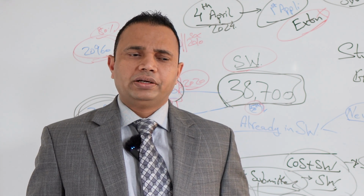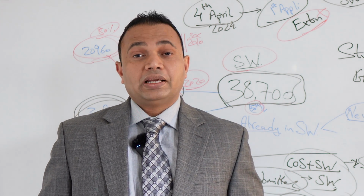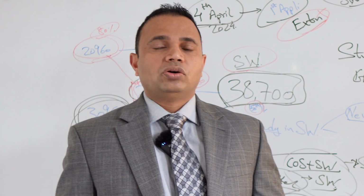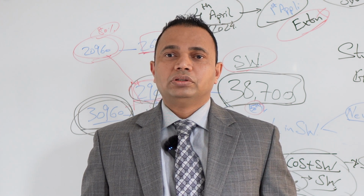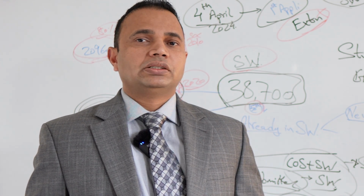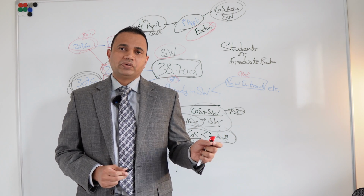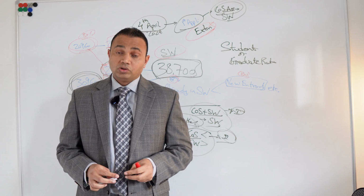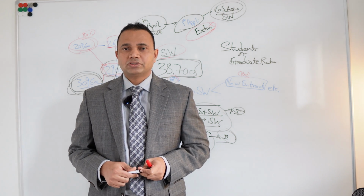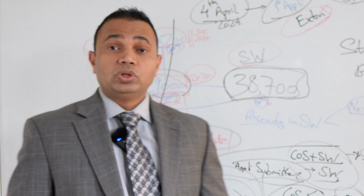With the previous change that happened on 11th of March regarding the dependents of care workers, the date of the skilled worker application was relevant. If the skilled worker application was filed on 10th of March or earlier, then the dependents were allowed. And if it was filed on or after 11th of March, then the dependents were not allowed. Very simple. That was the rule. At that time, we were testing, many lawyers have done, even we have done cases where we filed the application, asked the Home Office to keep it on hold, and then provided the costs. In that case, it was possible to keep the application on hold and get the benefit of the old rules and dependents allowed. But in this case, it will be tricky because of the way the rules have been drafted